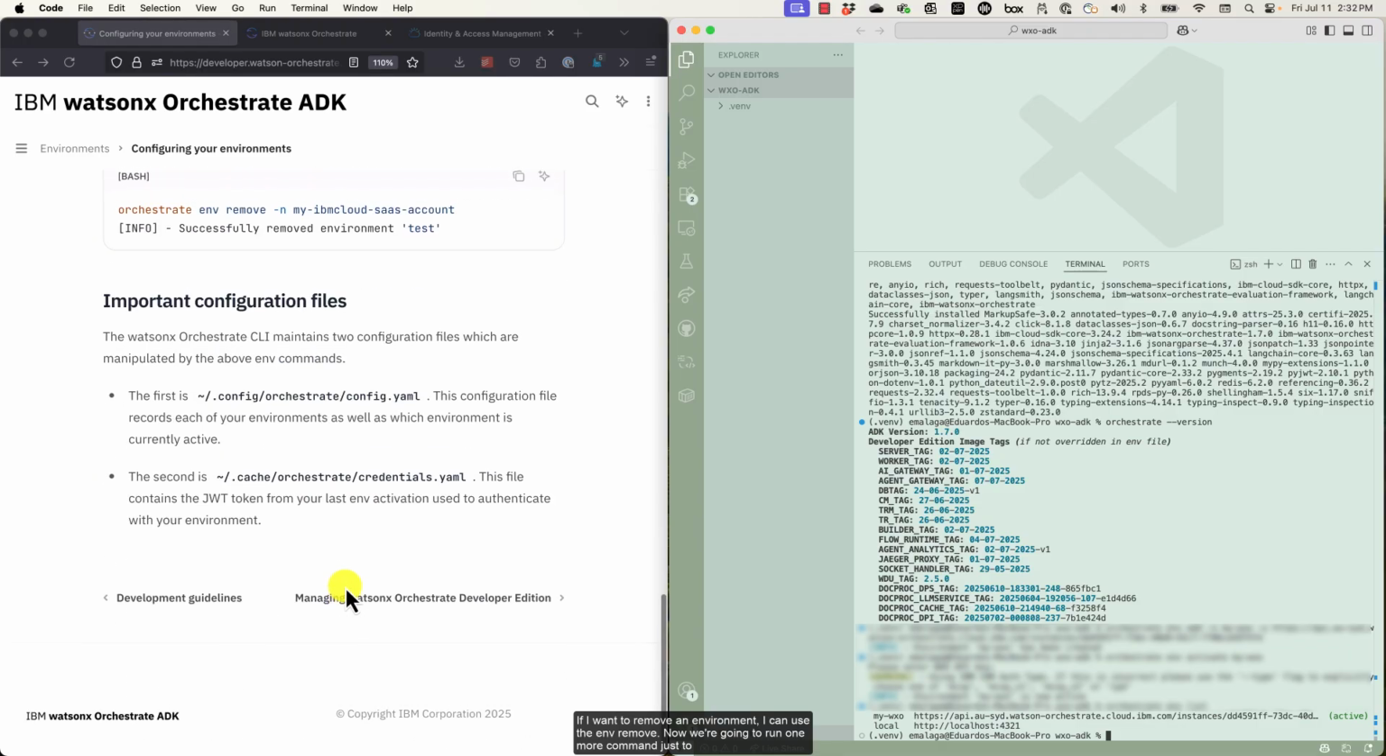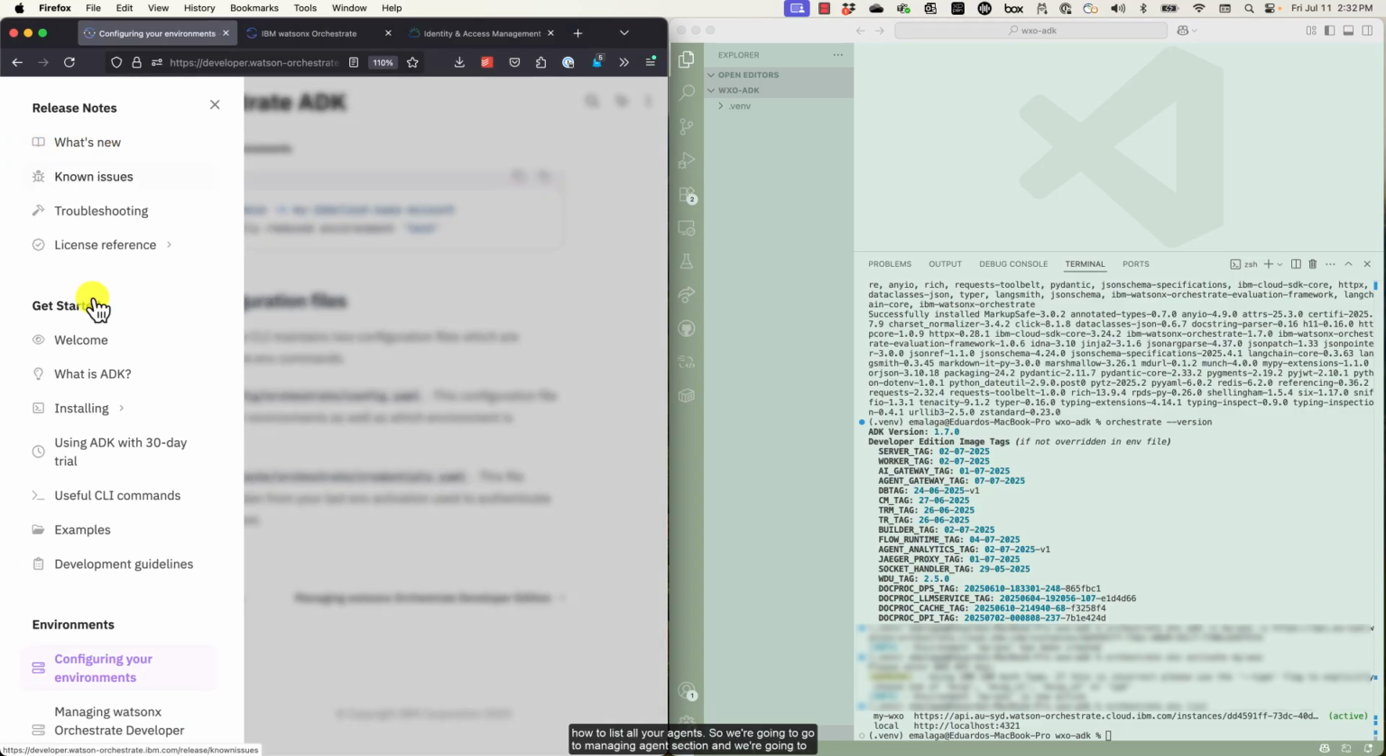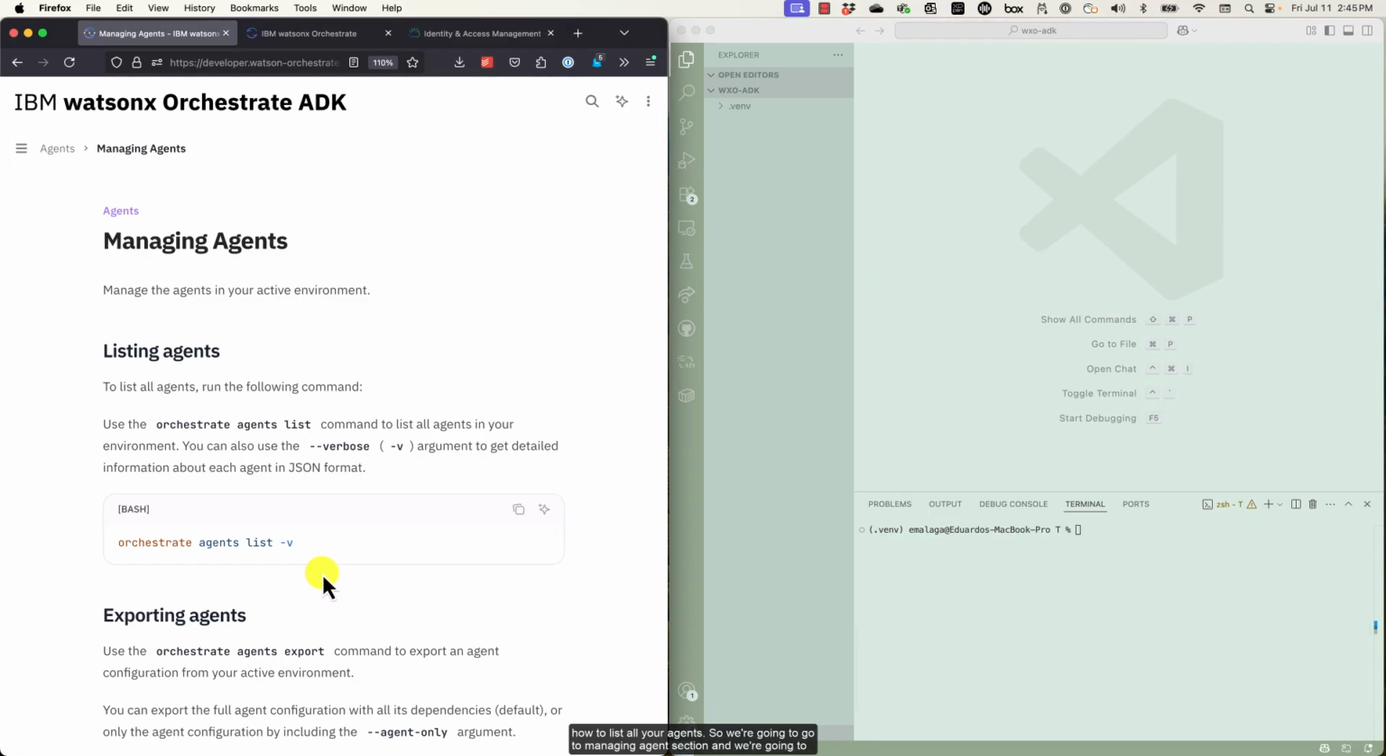Now we're going to run one more additional command just to show you a little bit of what kind of things you can use with the ADK. But I'll show you how to create agents and tools with the ADK in a separate video. The last command I want to show you is how to list all your agents. So we're going to go to Managing Agents section, and we're going to copy the Orchestrate Agents List -v for